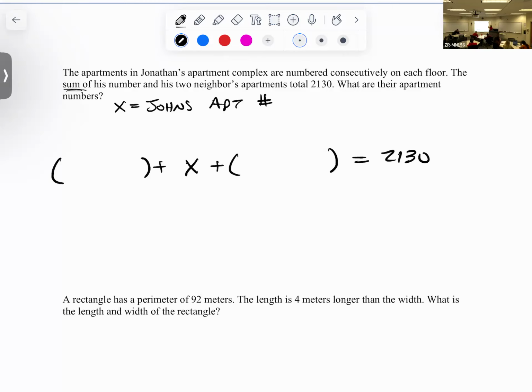So then the apartments are numbered consecutively, which means is there an equation I could put in here for what his neighbor on the left would be? X minus one. And then on the other side,